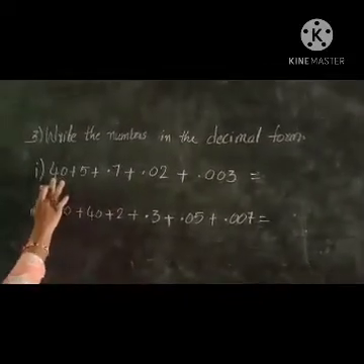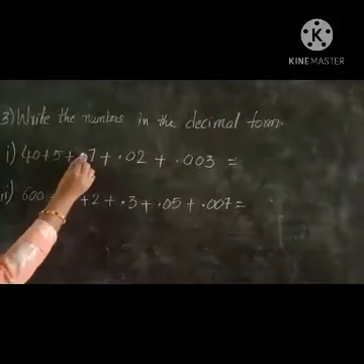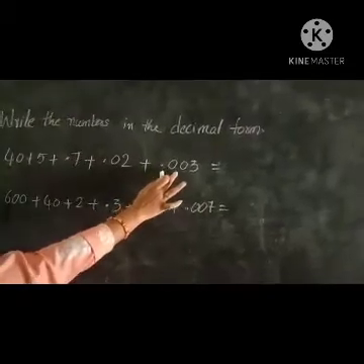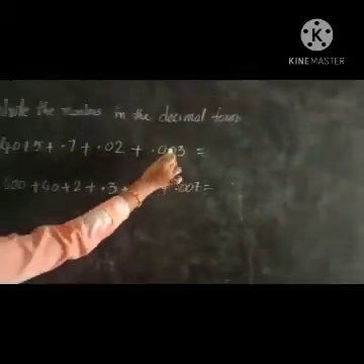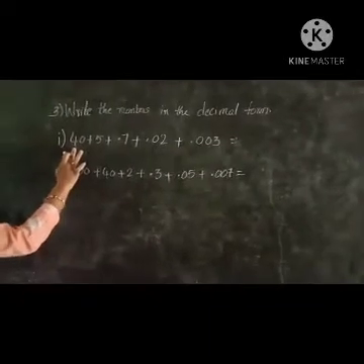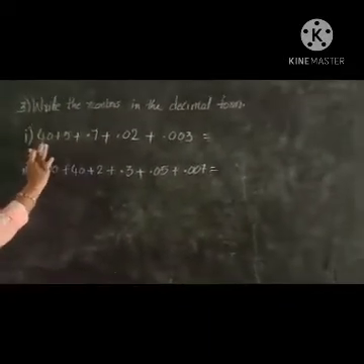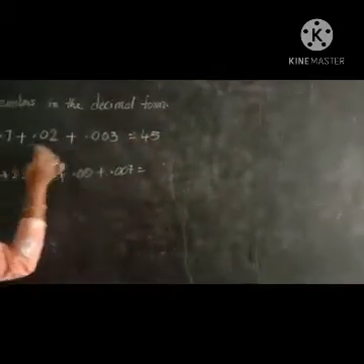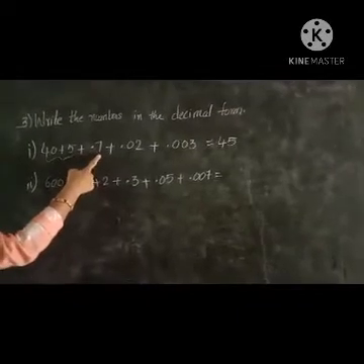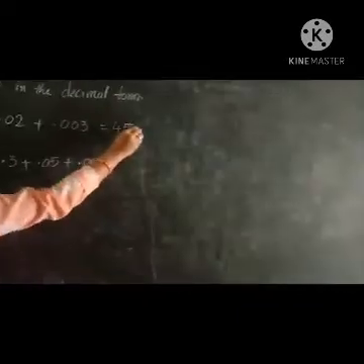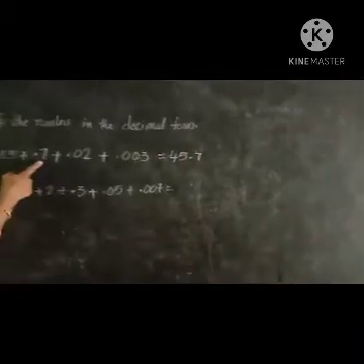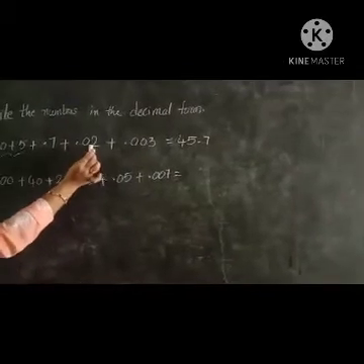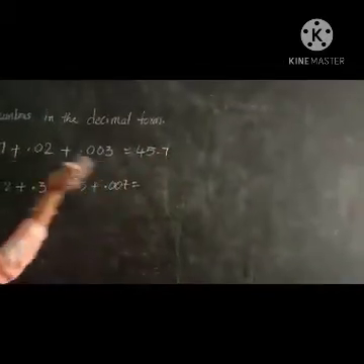See now, here what is the number? 40 plus 5 plus 0.7 plus 0.02 plus 0.003. See here, what is the tens place number here? 40 is there, and again ones place number 5 is there. Total, what is this number? 45. Right, 45. And next 0.7. Point after which number is that? 0.7. Again, 7 is in only the tenths place, so that's why I wrote here in the tenths place 7.